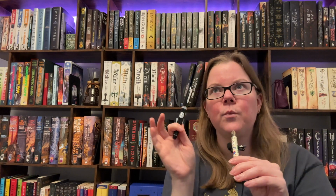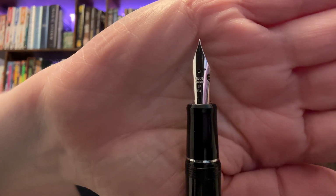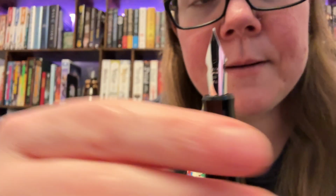So the next one, and the last Pilot on the list, is also the Pilot Custom 912. This one, though, I wouldn't say necessarily is any Pilot Custom 912, but for me, I have the Falcon nib on this with an ebonite feed. So that is why I've specifically chosen this one, because I really like the Falcon nib on here, and that ebonite feed